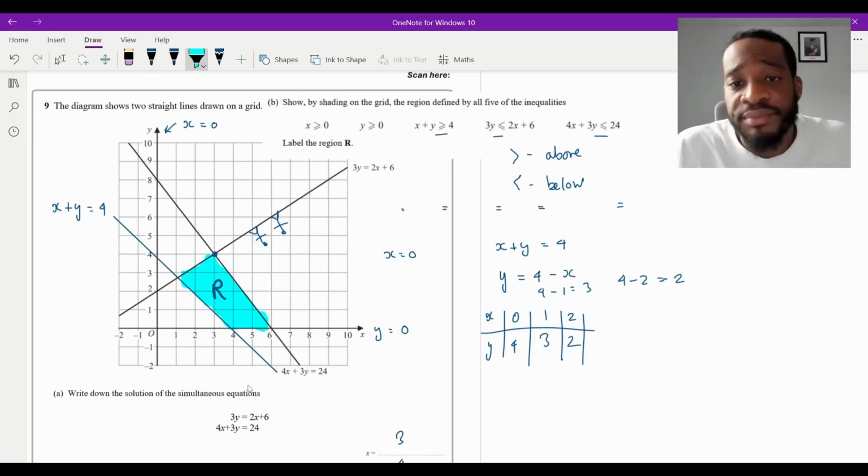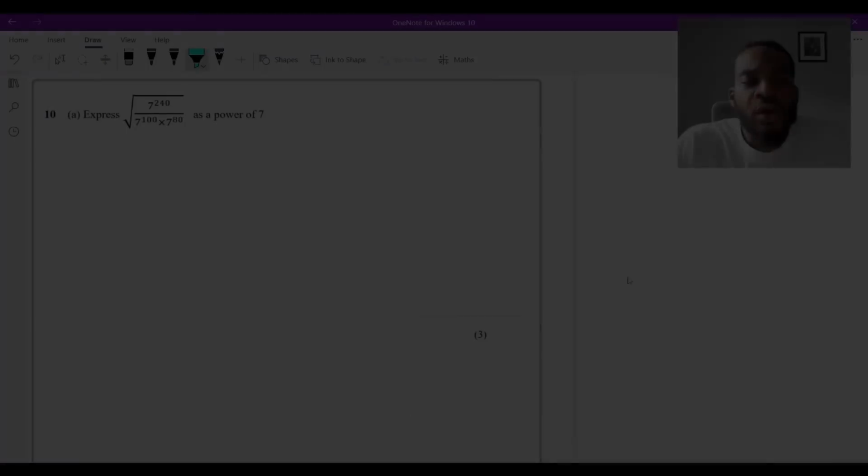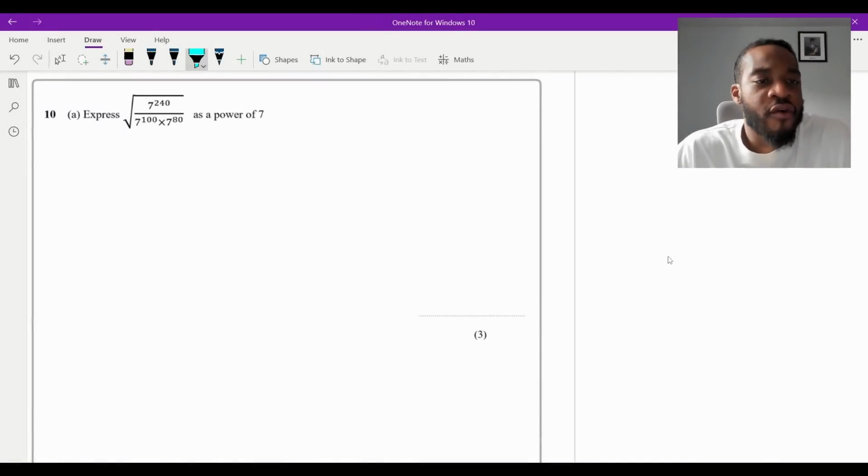And that will be your final answer. And that's it. Finished. Okay, question 10 says express the square root of 7 to the power of 240 over